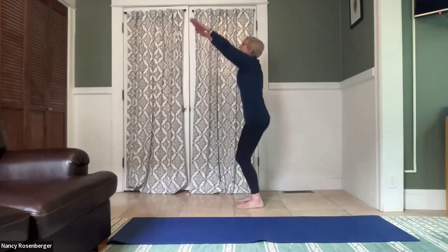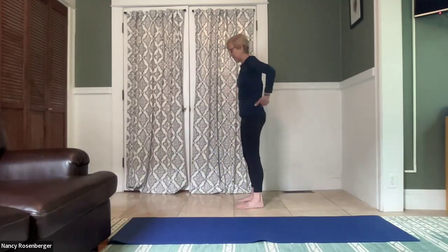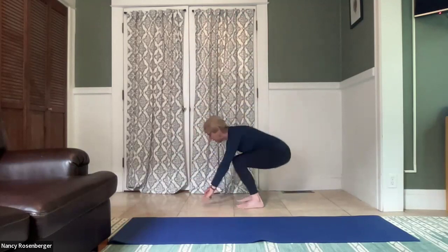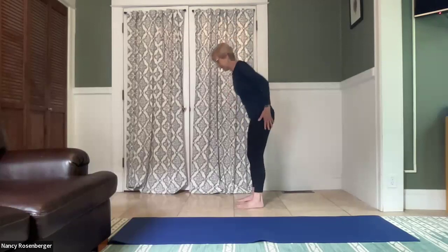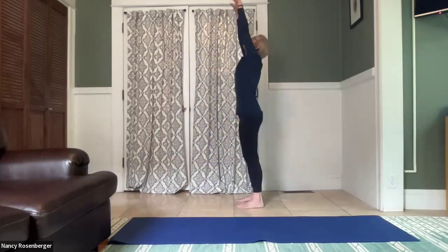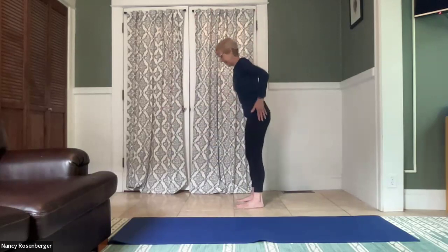Arms reach up as you unwind your knees. Come down the back of the head, the front of the chest and torso, down the sides of the knees, the legs. Bend the knees. And sweep up, inhale up, exhale back of head, inhale front of torso, exhale down the sides of the legs, bend the knees, inhale up, exhale back of head, inhale torso, exhale legs,